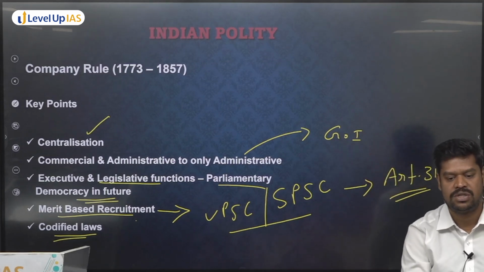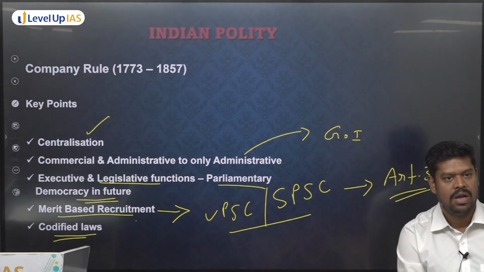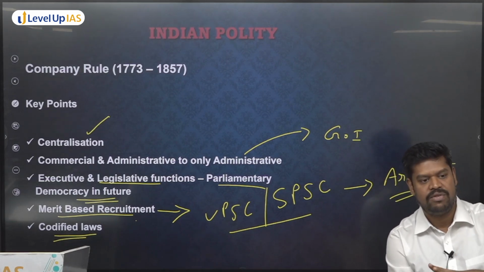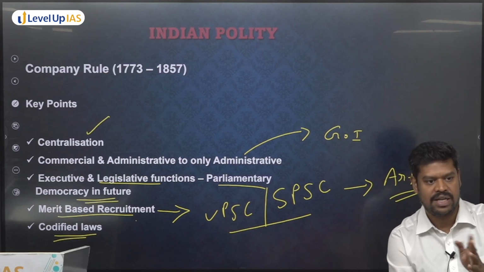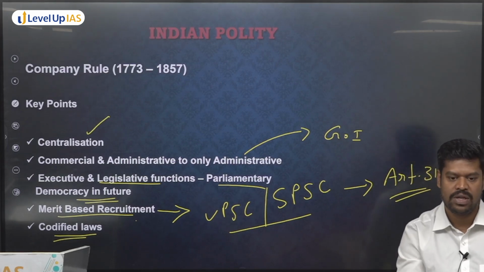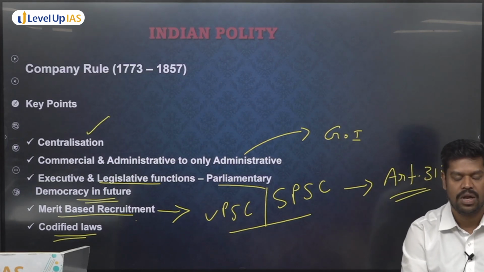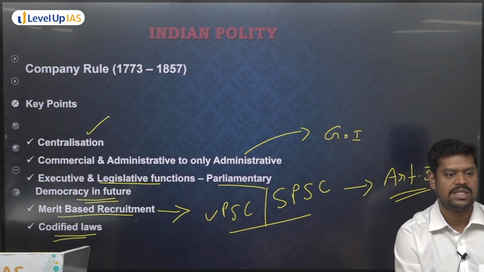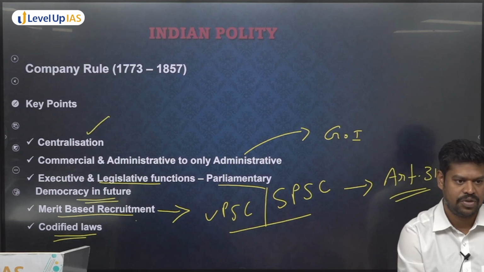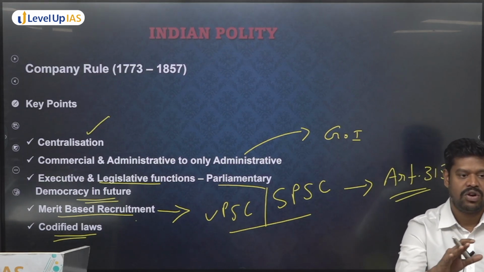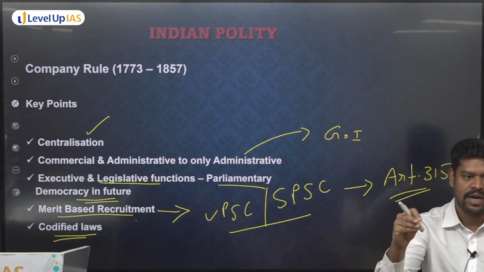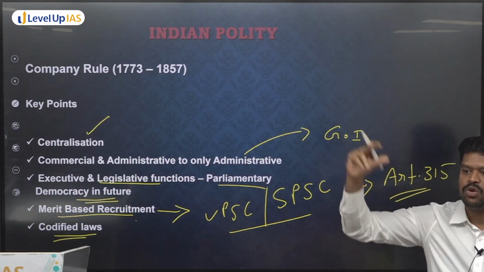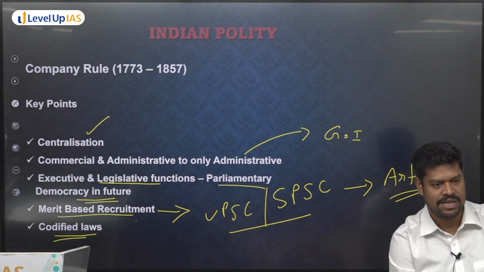By the British government. But one major change that has happened is, now try to understand, the revolt of 1857 has happened. They realized that the centralized administration is not going to work well. So therefore, they try to bring in certain types of reforms. And one major law that they passed to bring in all these reforms is what is called the Government of India Act 1858. And the Government of India Act 1858 also did not bring in any major change, but it legalized or legitimized the transfer of power directly to the British Crown instead of the East India Company